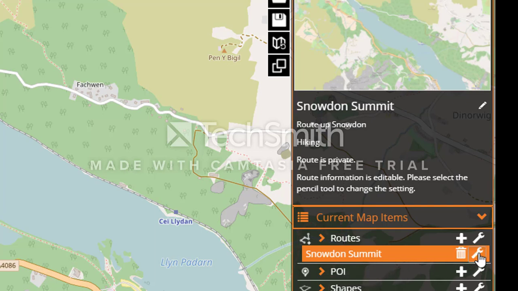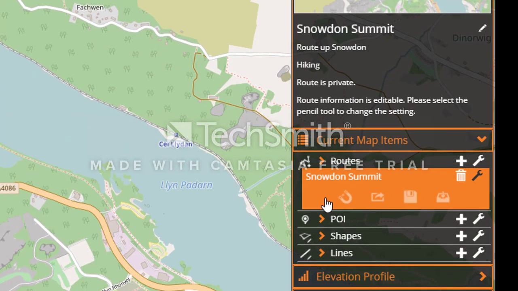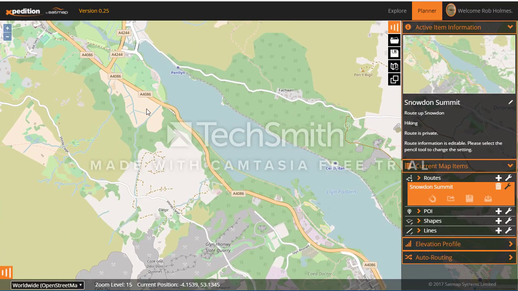So if I click on the tool bar option there, I can see the various tools that are available for creating a route. I'm just going to leave these all as they are at the moment, but I'll look at this one shortly, which is Snap to Track. We'll have a little look at that one in a minute, but I'm now ready to start creating a route. As you can see, I've got my Snowdon Summit selected, so that's the one I'm working on, and I'm just going to start. I'm going to click on the map here,